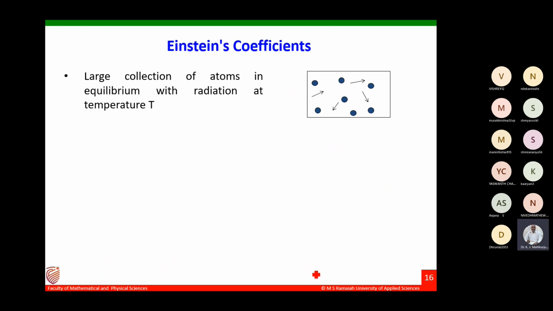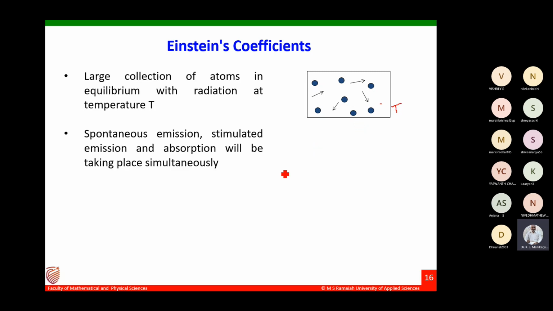Now let us consider the Einstein coefficients. Now we understood all three processes. Assume that whenever we consider matter, it is not one atom. There are several atoms present in the matter. Therefore, we have to consider what happens at equilibrium. We have a large number of atoms present, and whenever I take a container, that container's temperature is T. At that point, please pay attention here. You can write that, the key point.